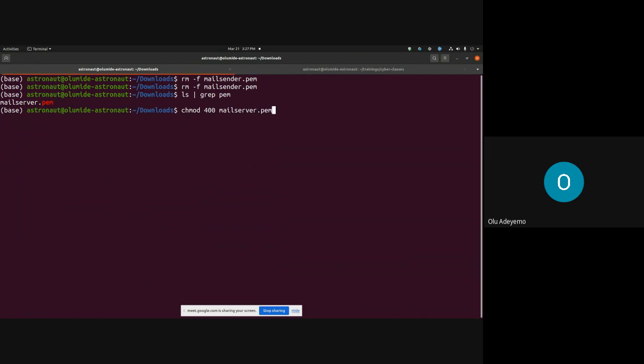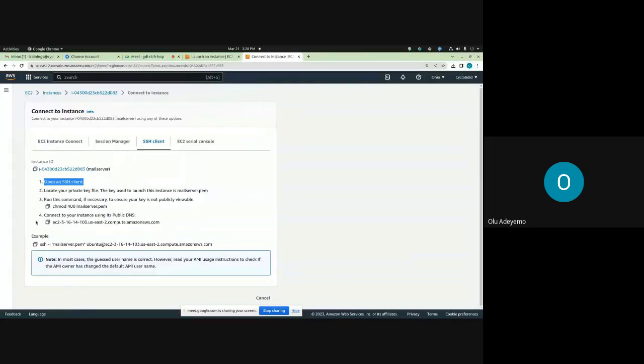mailserver.pem. This means that we want to ensure that we will not accidentally modify the mailserver.pem. That's the meaning of 400. It removes unwanted permissions from the user, so that the user will not be able to modify this private key. This private key is very important. So we run this, and then the next thing we want to do is connect to that instance by